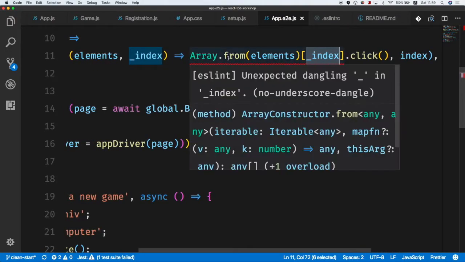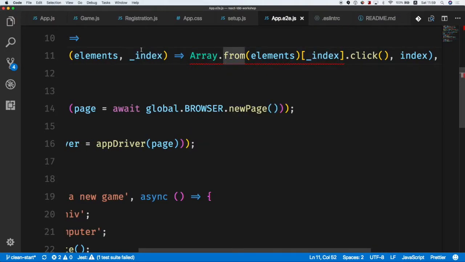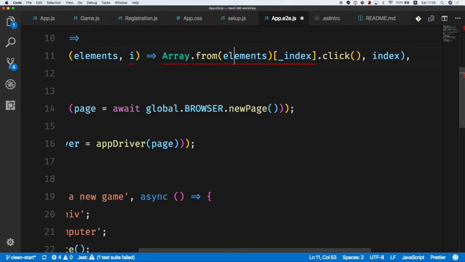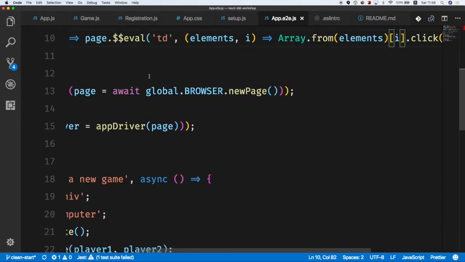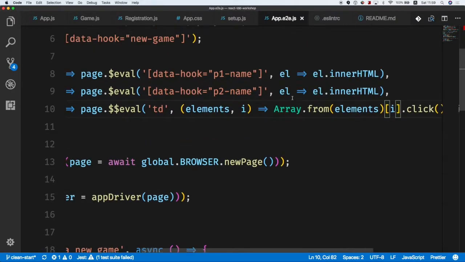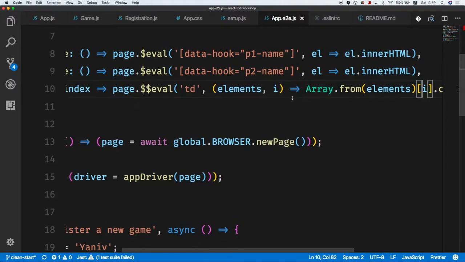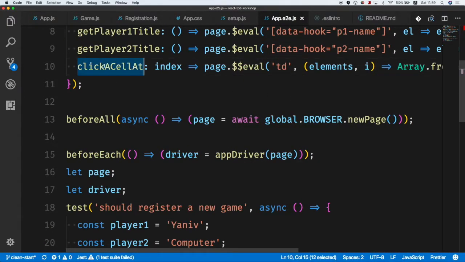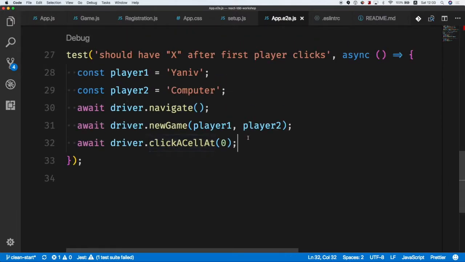What did I do wrong here? ESLint doesn't let me do underscore here, so yeah. Now I should be green, let's see. I shouldn't be green. Wait, I didn't write the production code yet. So I wrote my test. My test says click a cell at, and I want to expect that